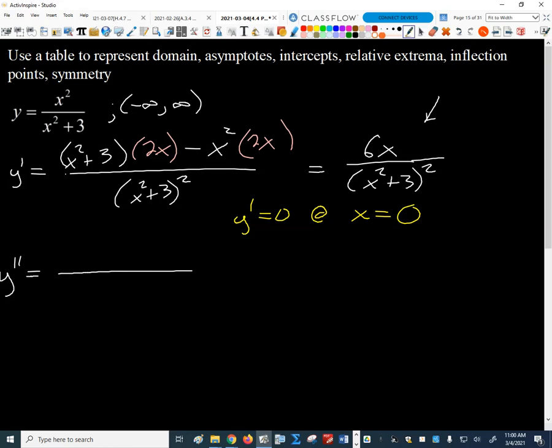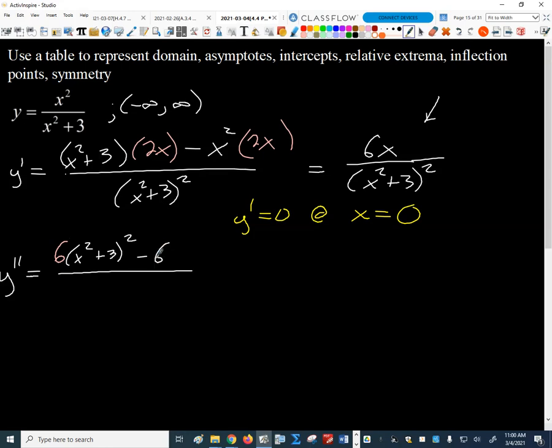Yeah. Okay. So it would be 6 times the denominator, right? Okay, good. So I get the quantity x squared plus 3 squared times the derivative of that, which is 6. We'll go ahead and put that out front. That was smart. Minus